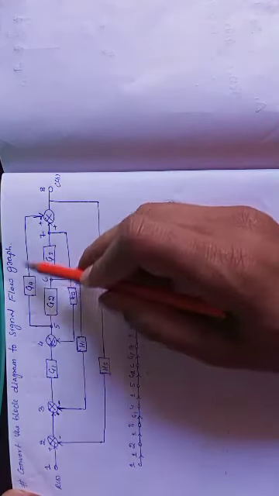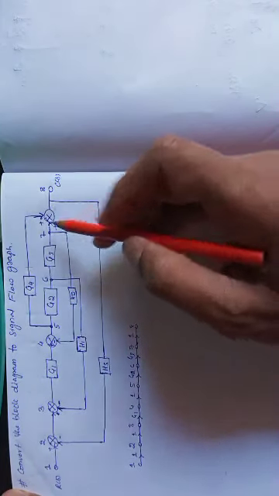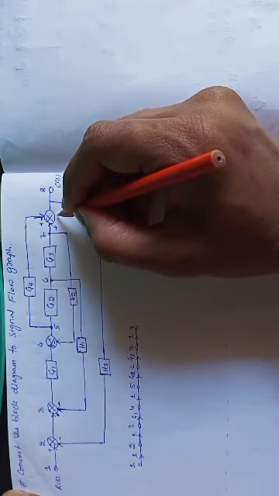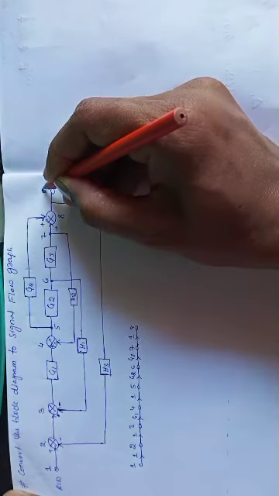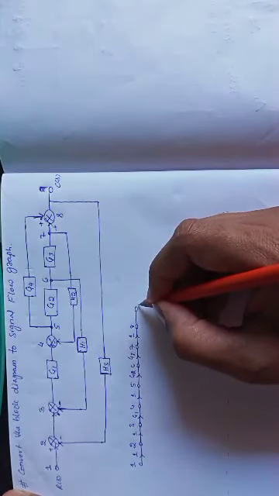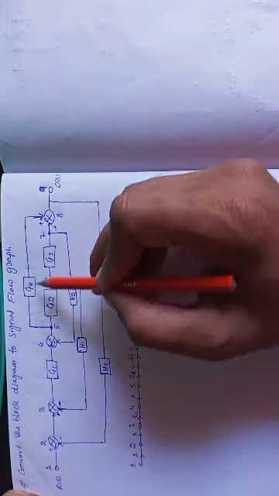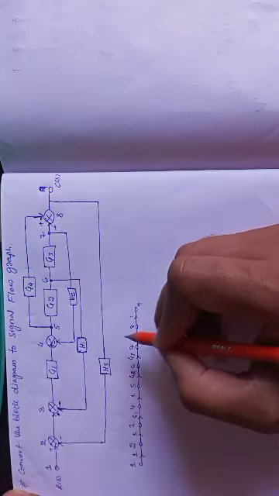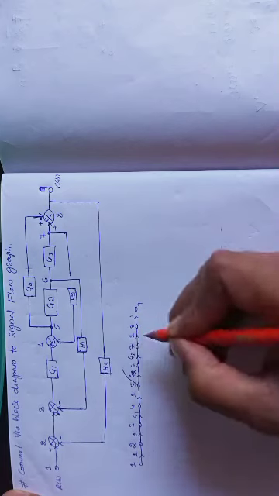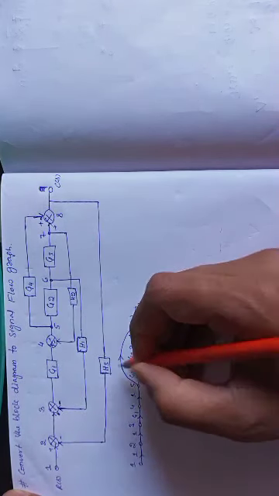One more forward path, that is from 5 to 7, this is 8, and this is 9. One more node I add here, that is 9, and its gain again is 1. Now from 5 to 8, one more gain, that is G4,